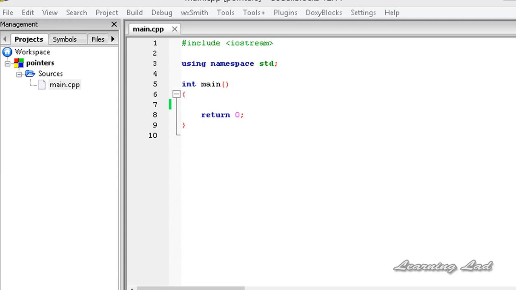So in this tutorial we're going to learn something about the pointers in C++. So what is a pointer? A pointer is a variable which contains the address of memory. So in the last tutorial we have learned about the address of operator, which is used to get the address where a variable is stored, and in this tutorial we're gonna be creating the pointers which are gonna store that